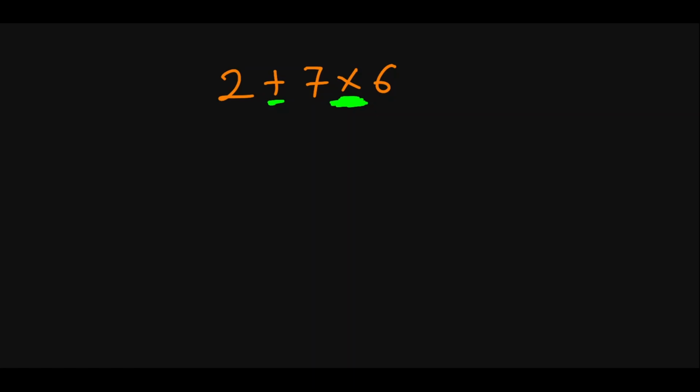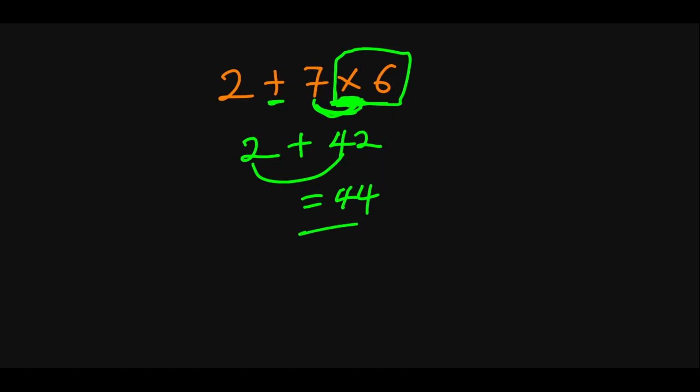And how do we do it? Again, those concepts must never leave your mind. This multiplication belongs to this 6. So we multiply what is directly beside the 6. We are not going to rearrange the expression. Remember what we said. If the operators are from different families, do not rearrange the expression. Leave it the way it is and solve it the way it is. 7 times 6 first, based on BODMAS, that gives us 42. Then we put the plus 2 here. So 2 plus 42 now gives us 44. And that becomes the answer.